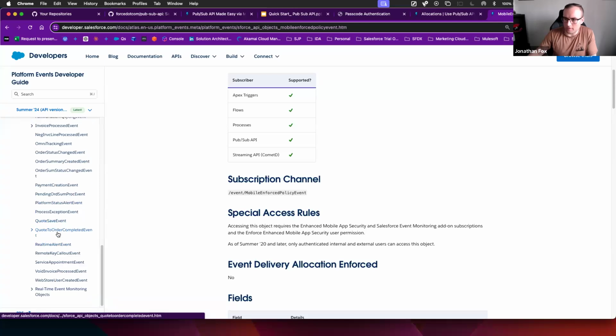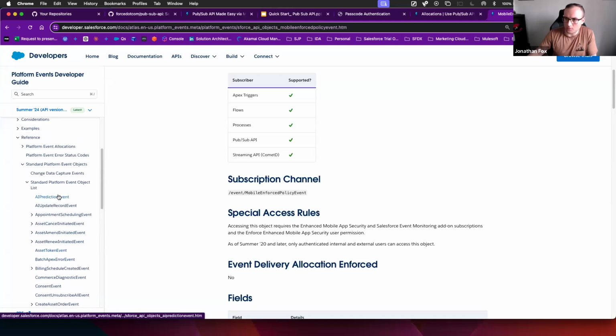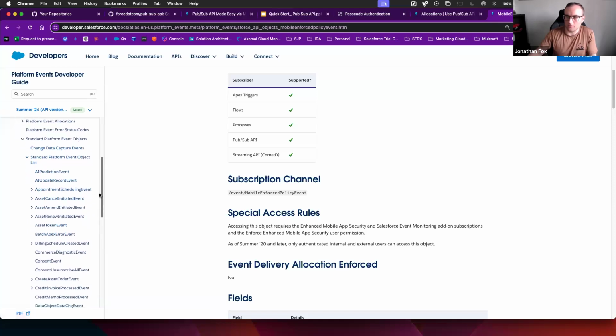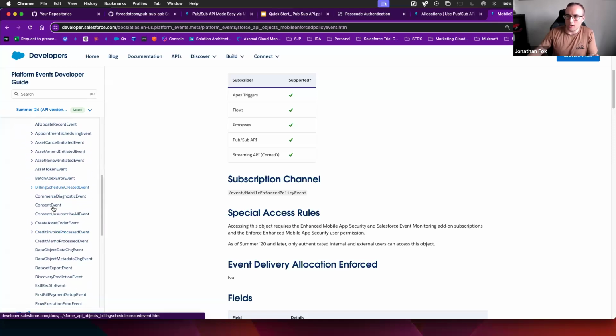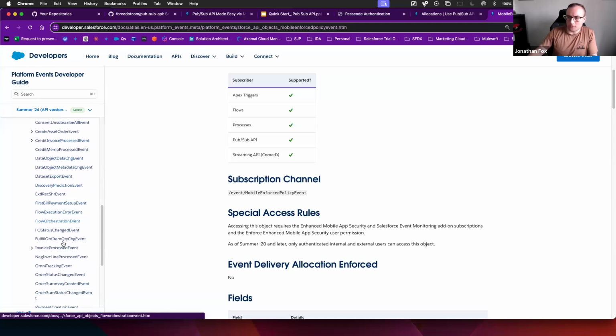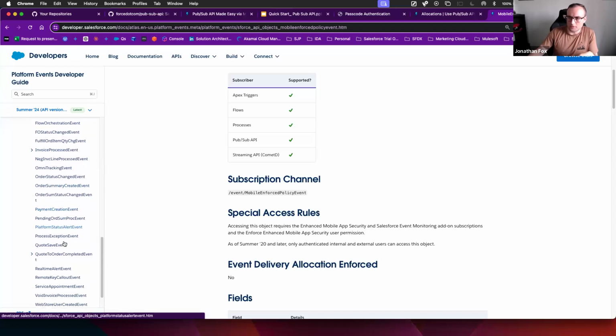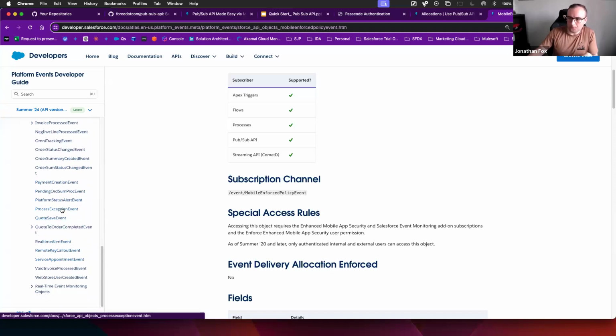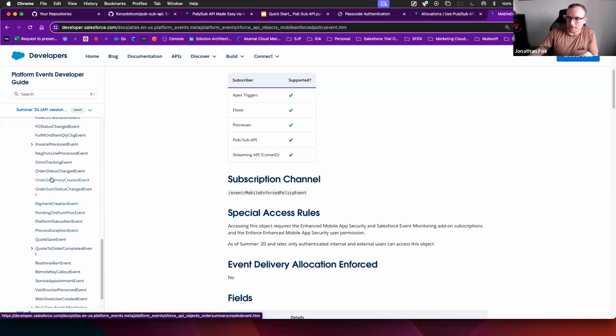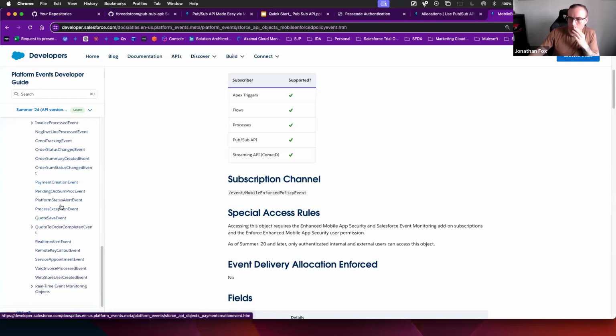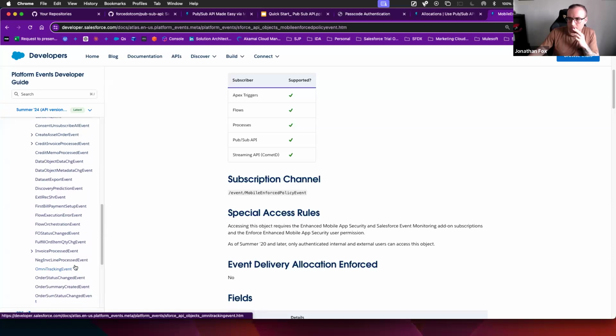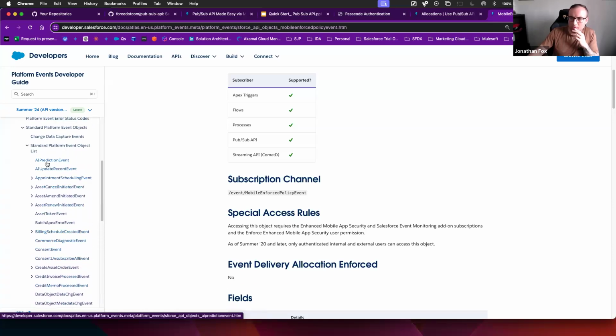So not just in the real-time event monitoring, but if you look at all these different events, these ones on the left-hand side, these are standard Salesforce platform events that you can subscribe to yourselves as well. And I believe these are the ones you don't need the Shield subscription for. There are some order ones here, I think that's more for the order management stuff. There are even prediction events for Einstein. They're already published to the platform, so there'd be little sense trying to rebuild that ourselves.